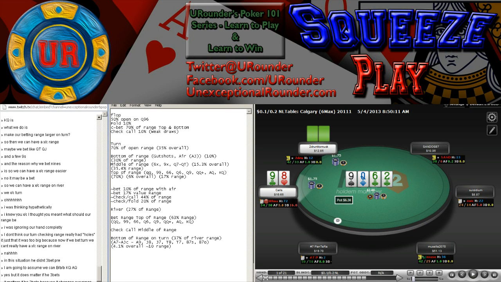Because we can't bet everything. I don't think having a 100% betting range is good. And if we're going to check, we need to have a check call range. If we're going to check some of our air, which we should because we have so much of it, we need to have a portion that we're check calling also. So I think we need to somehow add in,